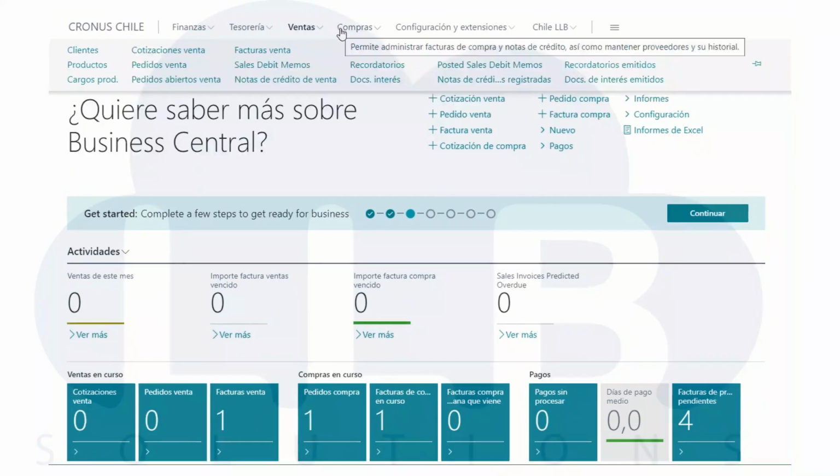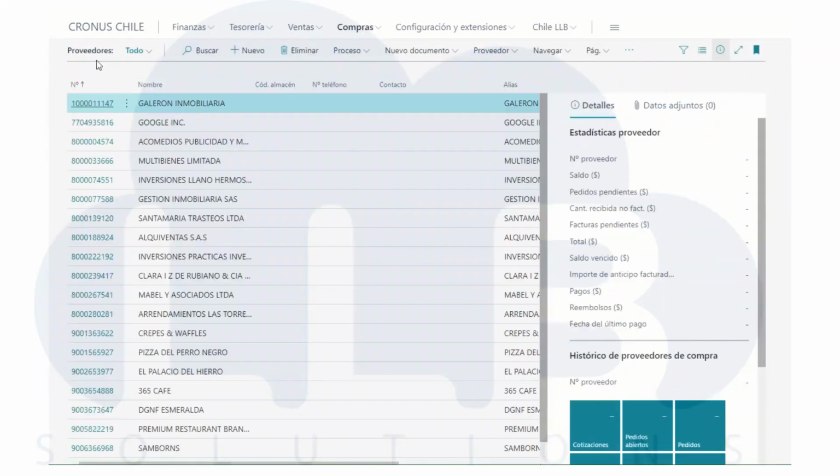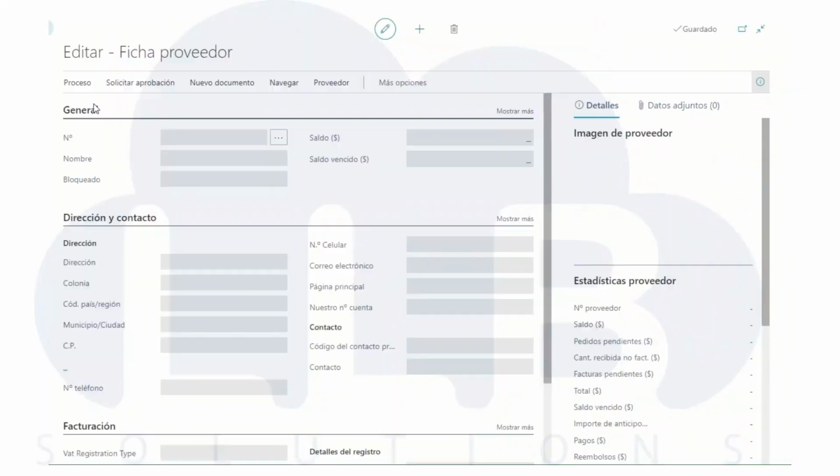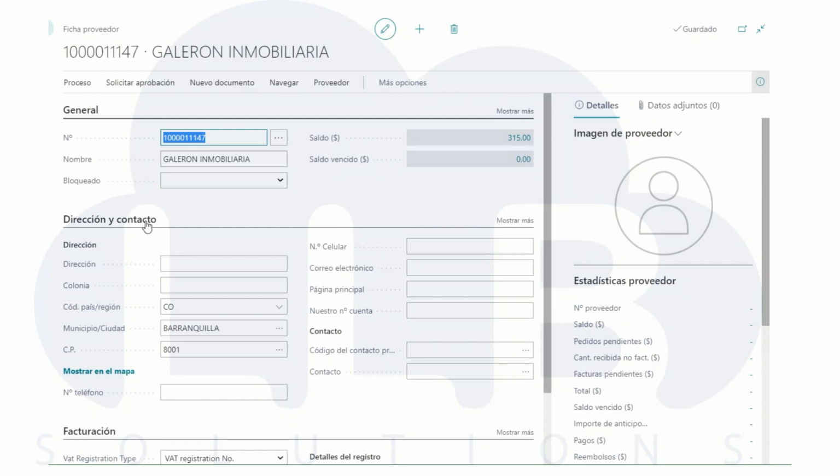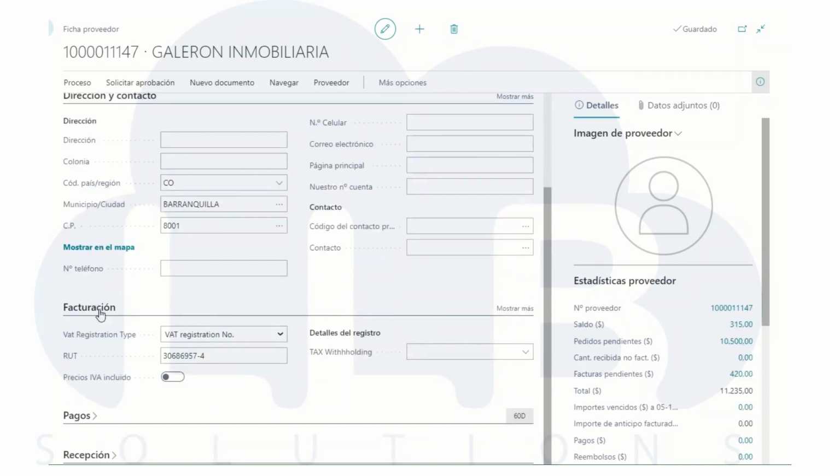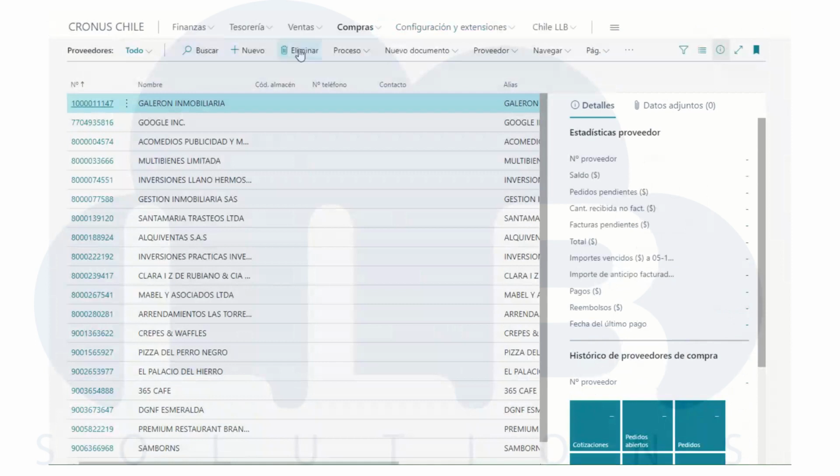In this case, we will start with the validation point of the check digit for the registration of our customers and suppliers. We are going to go to the record of one of our suppliers. If we consult within the suppliers file, in the invoicing section, we have included a RUT field for the unique tax registration number that our supplier or our associated client has, and the system will be in charge of making the corresponding validation